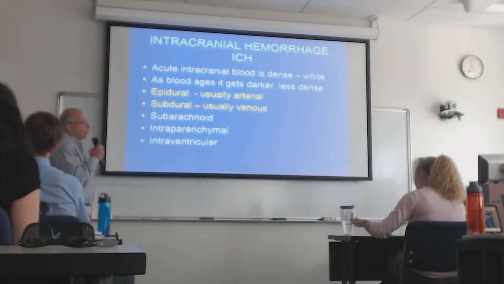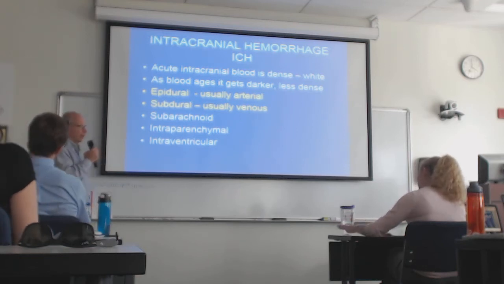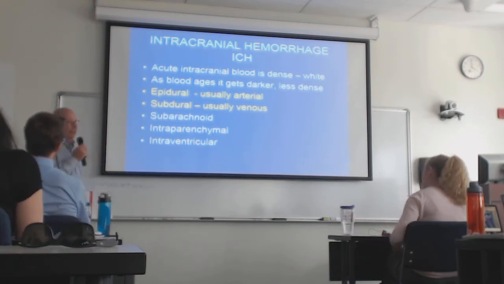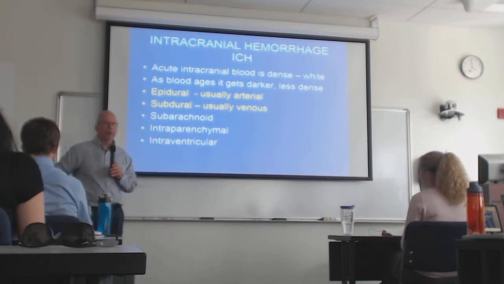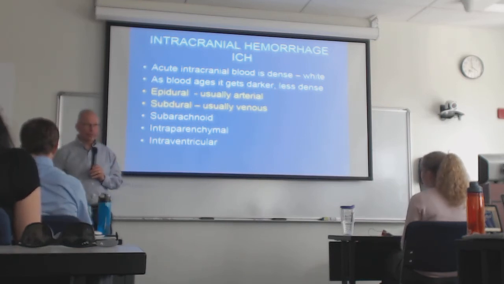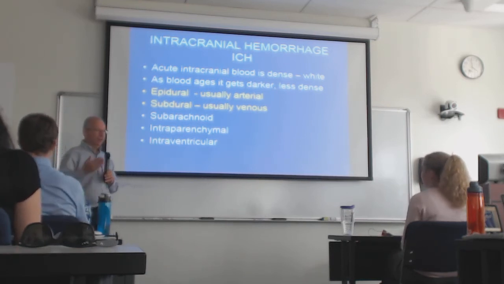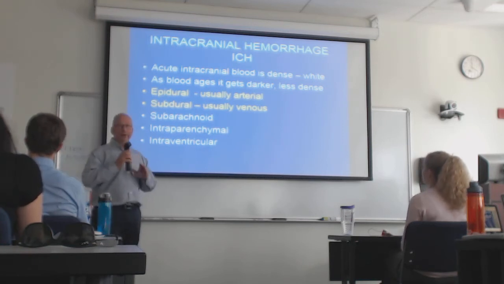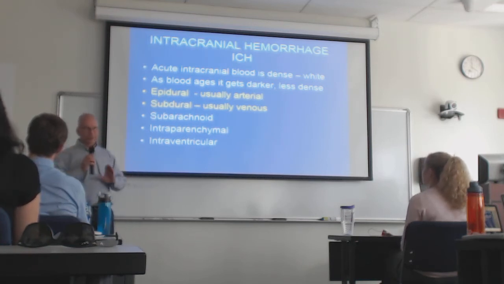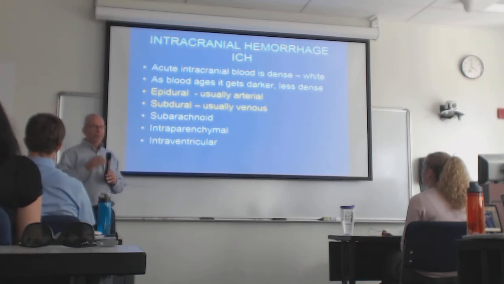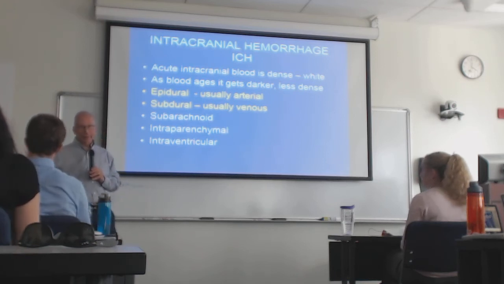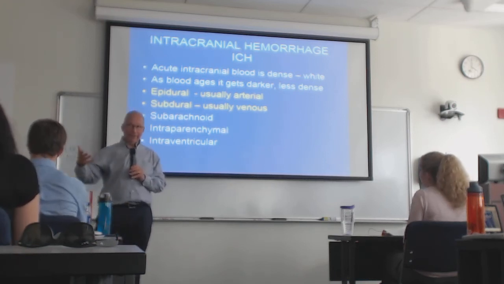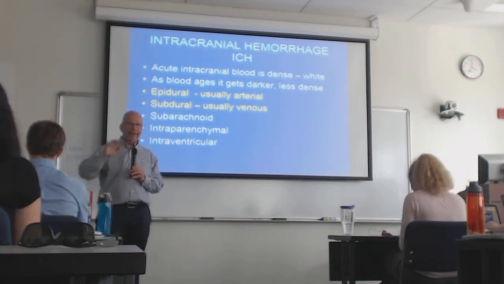So what we're looking for in the brain when we're looking for intracranial hemorrhage will depend on how fresh or old the hemorrhage is. Obviously, if someone gets in an MVA and goes to the ER within an hour, and is suspected of having intracranial hemorrhage, it's going to be pretty fresh. For reasons that are absolutely unnecessary for you to bother yourselves with, fresh hemorrhage in the brain looks white on a CT scan, okay?